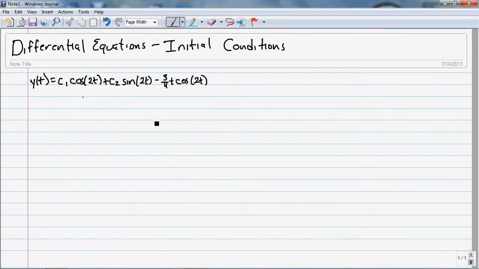Our last topic in differential equations is determining initial conditions. So here's the solution from the previous discussion that we had in the last video. And let's say that I know at t equals 0 that y of 0 is equal to 1/4,